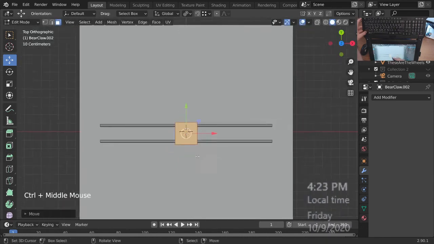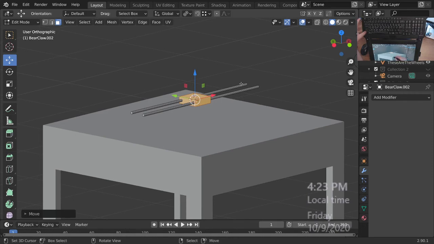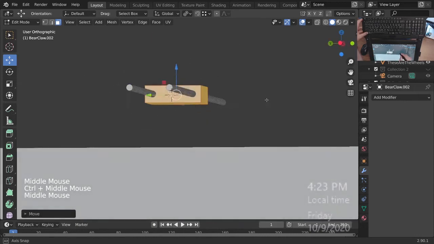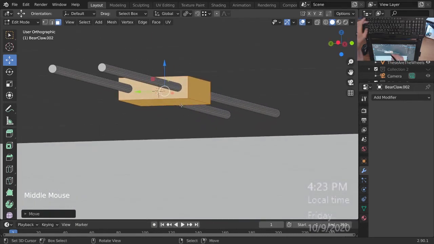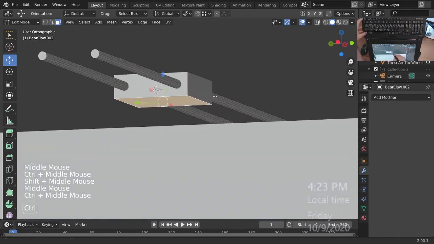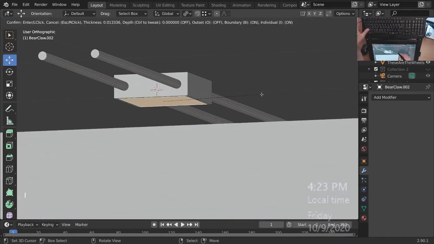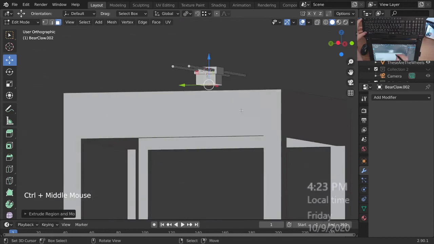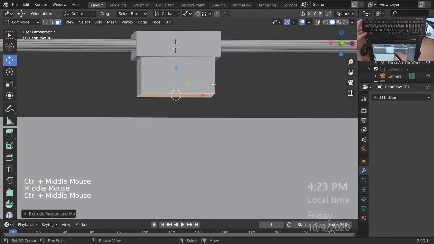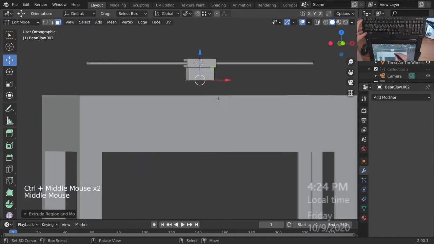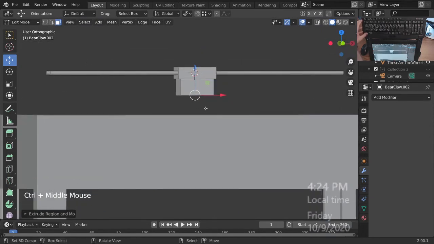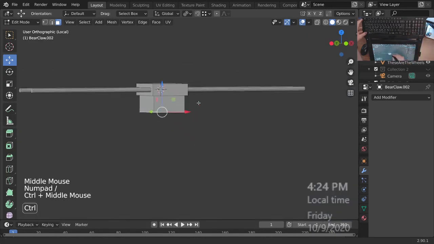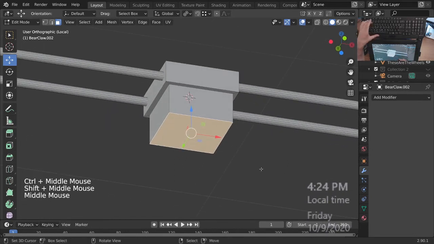and put it there. So this is the support that's actually sliding back and forth on these two rods, and that face I'm going to inset it a tiny bit and then extrude it down, and this is going to be what actually holds the cable for the claw as it comes down. So the claw itself is going to have to be a mechanism by which it comes down. So that's what I meant by separating them, so I can do this, and I'm going to,